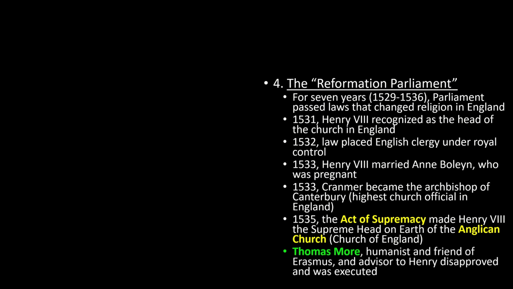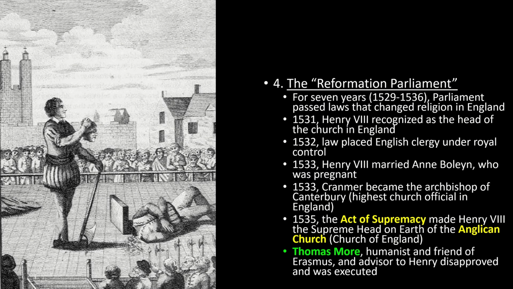Now, Thomas More. You might be like, who is Thomas More? Well, guys, way back in the Renaissance, he was an English intellectual, and he was also one of the advisors to King Henry VIII. And he was a good friend of Erasmus. And although Thomas More, very much like Erasmus, criticized the corruption of the Roman Catholic Church, he never thought that England should create its own church with its own head and break away.